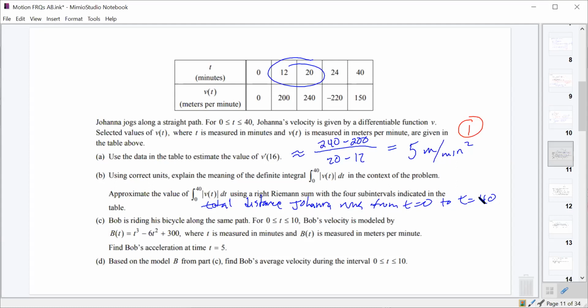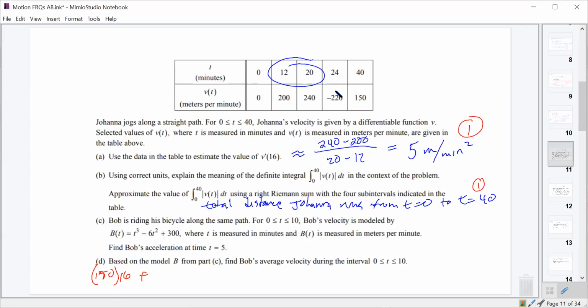And then it wants us to approximate that value using a right Riemann sum with the 4 subintervals from the table. So approximating that with our right Riemann sum, first off, this is 1 point for the explanation. So our right Riemann sum should be the y value here, 150, times the length of that subinterval, which is 24 to 40, so that'd be 16, plus the next height, which